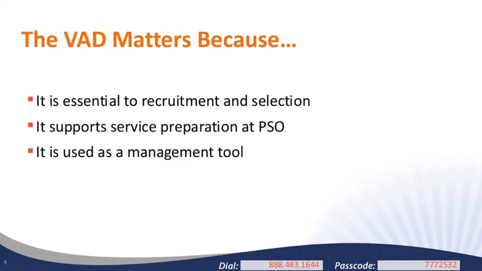The VAD also indicates project priorities, organizational and community challenges, and the purpose of the project. So the VAD really does help the VISTA identify a course of action and a time frame for their tasks, while at the same time it helps the supervisor monitor the member's progress towards accomplishing the tasks outlined in the VAD. And then finally, the VAD is used by the CNCS state office as a tool to hold projects and VISTA members accountable for their assignments and also accountable for what the project said it was going to do with VISTA resources. So that's an overview of what a VAD is and why it's important.